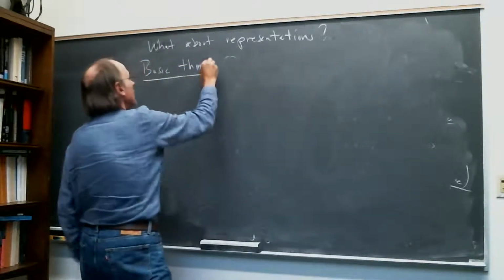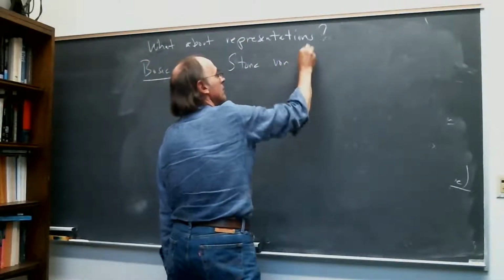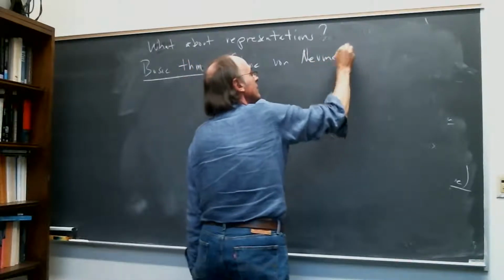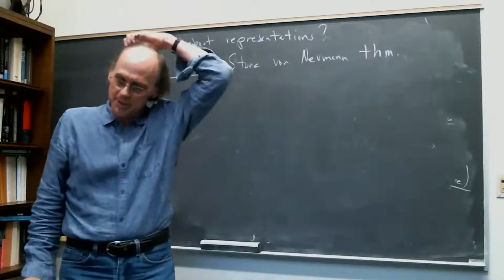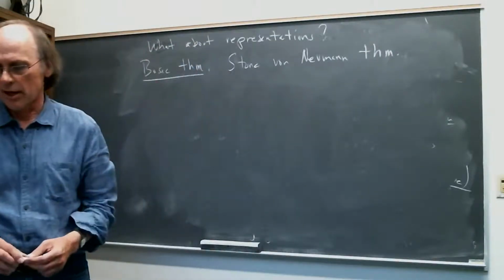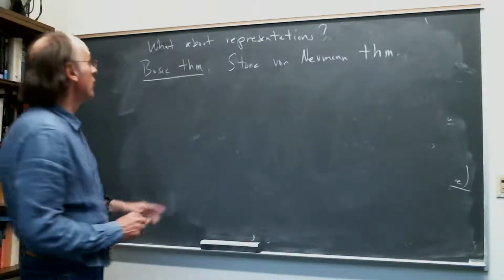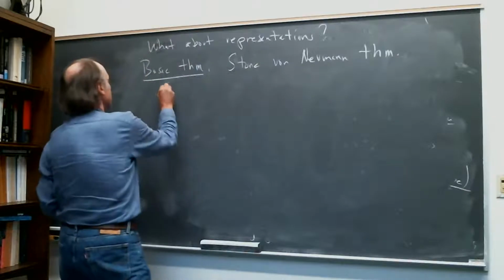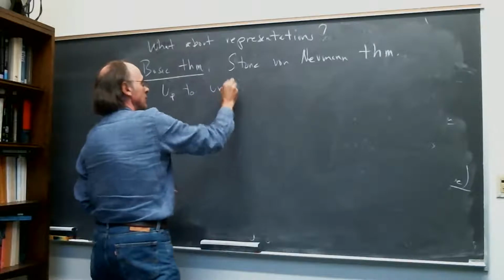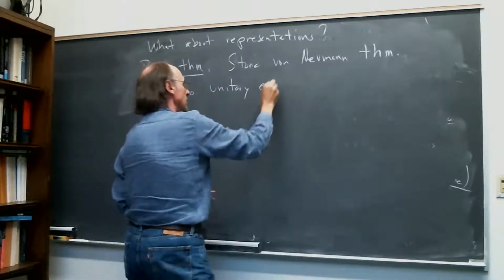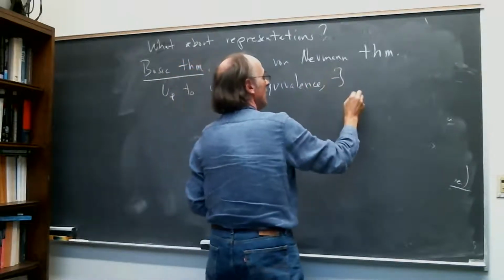The basic theorem is called the Stone-von Neumann theorem. It's a bit tricky to prove. It involves some tricky analysis if you try to prove it. But what the Stone-von Neumann theorem says is that, up to unitary equivalence, there exists only one